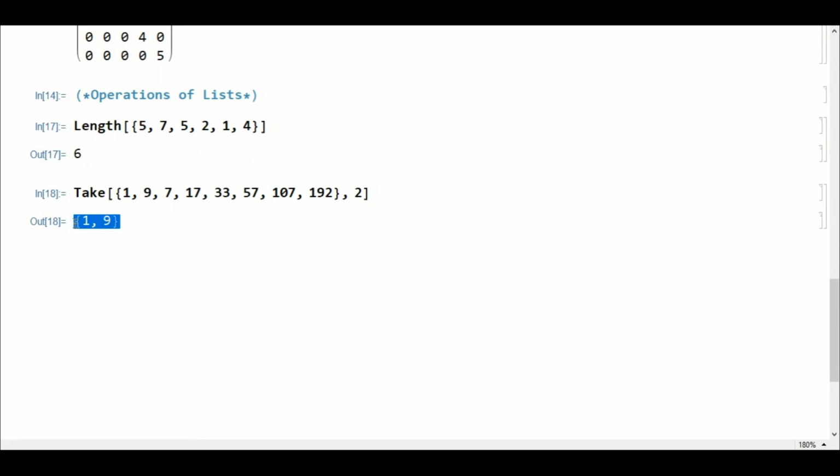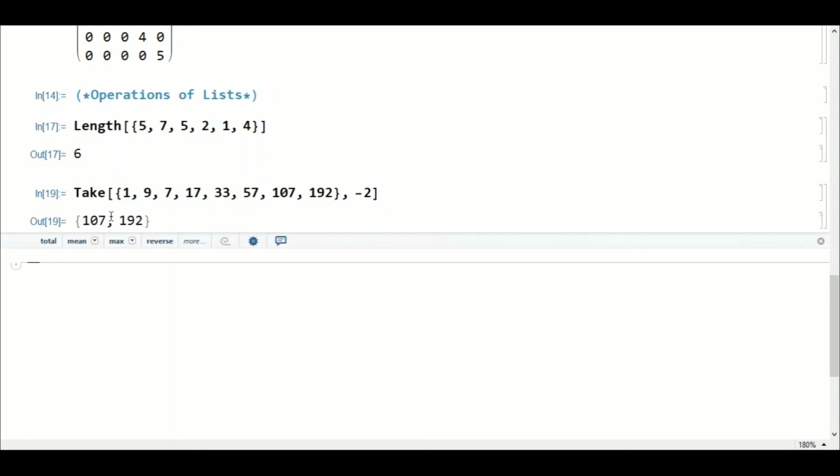Now instead of the first two, I am interested in the last two elements, so instead of 2 I will write -2. Basically, minus will start from reverse. Now you see, 107 and 192 are taken. Suppose I am not interested in first or last, I want to take something from between.